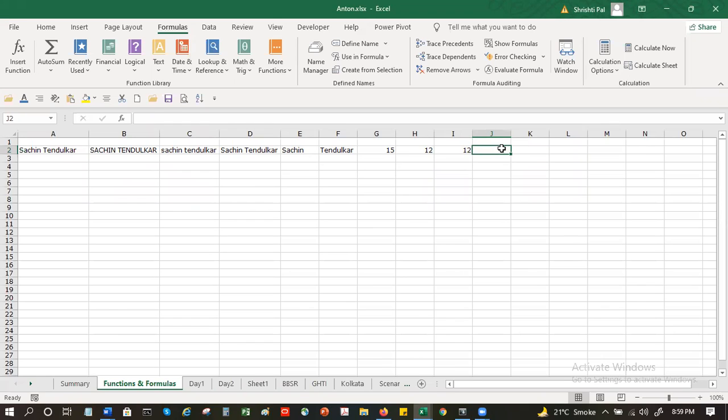For that, Microsoft has given you a function called mid. Mid takes text, start number and number of characters that you need. So text is, let's say, A2, starting number is, let's say, 5, and you need 6 characters from the 5th position. Press enter.